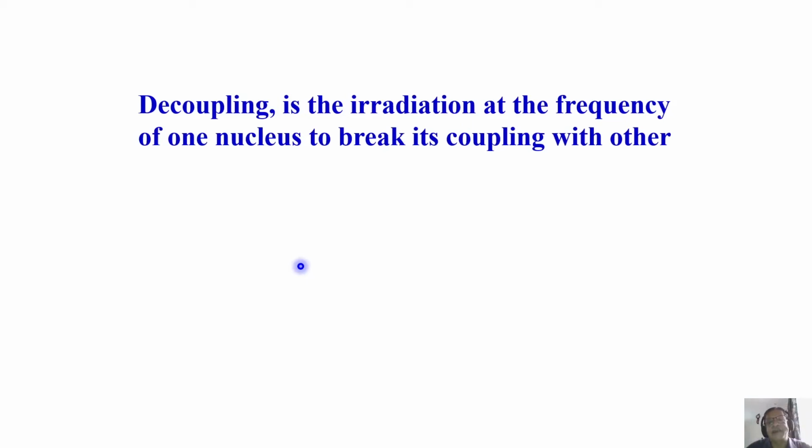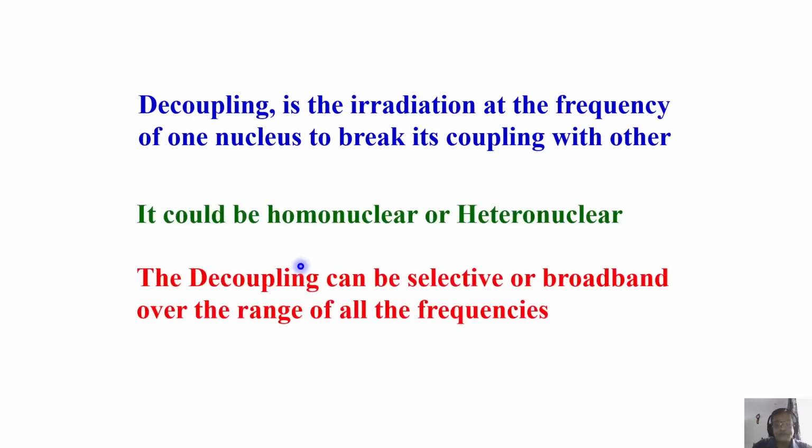So we have to apply decoupling power sufficient for the right frequency of the proton which you want to decouple and then see the effect of it in the other part of the spectrum. This could be both homonuclear and heteronuclear. In the heteronuclear case, we saw it is a broadband decoupling. The entire carbon region will be decoupled from protons at a time. As a consequence, I said we get a single peak for each carbon in the molecule. That's fine. Now, this decoupling we can make either selective or broadband. The broadband covers the broad range of all the frequencies. That is heteronuclear.